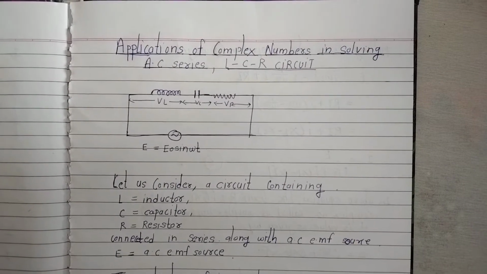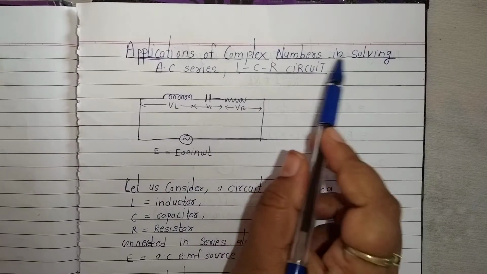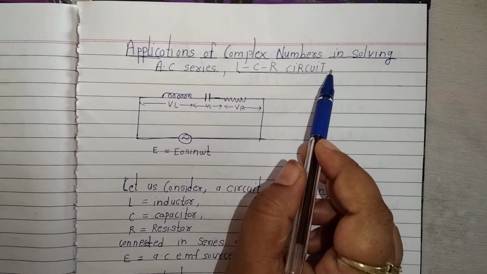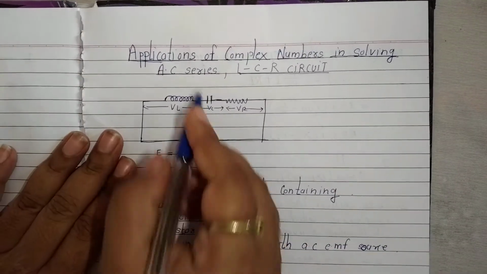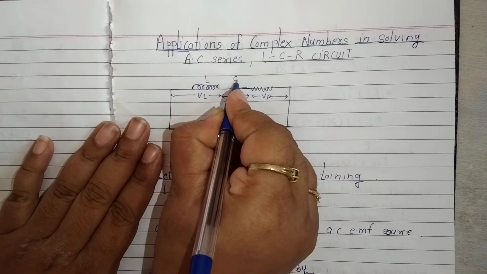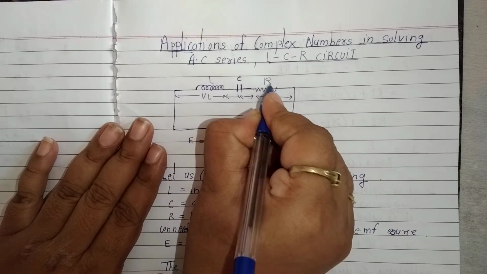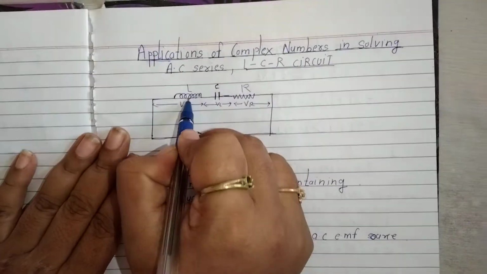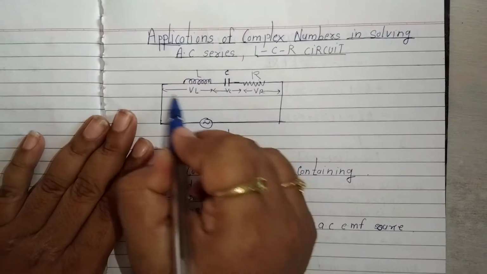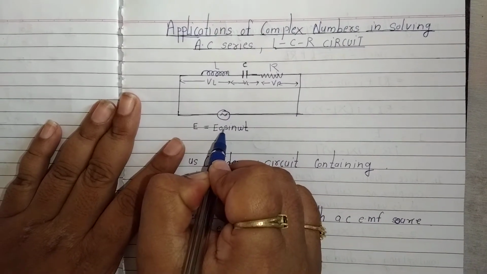Now come to today's point. Today's point is the application of complex numbers in solving AC series LCR circuits. See this diagram. This is inductor L connected with capacitor C and resistor R. In this circuit, inductor L, capacitor C, and resistor R are connected in series along with an EMF source E,